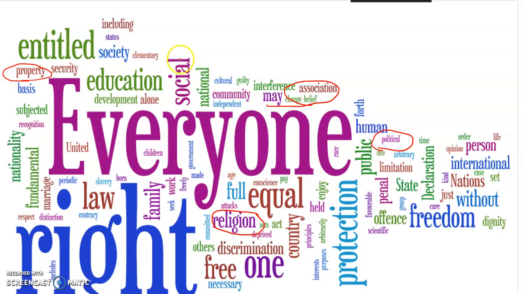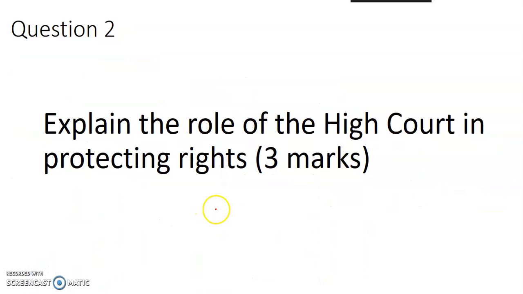Because it's not really that useful if we talk about, I've got the right to vote, if then Parliament can just take those rights away. So what we need to understand is, if we want to enforce our rights, how do we do it? And what can we refer to when we're doing it? So with freedom of religion, I know it's in the Constitution. So if I want to enforce my rights, I can go to the High Court, but even better, I can say, look, in the Constitution, Section 116, it gives me the right to freedom of religion. To what extent do these things protect rights? How can we enforce our rights by using them?